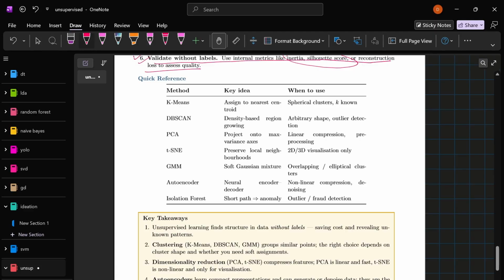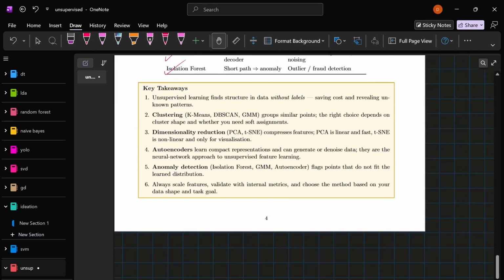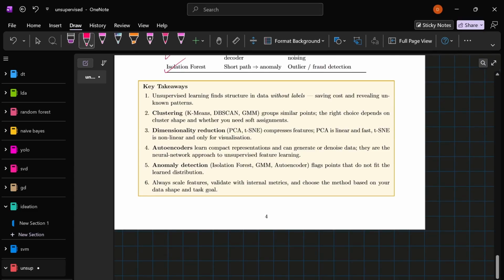Here's a quick summary of what we have covered. We have covered k-means, DBSCAN, PCA, t-SNE, GMM, autoencoder, isolation forest and more, and a key takeaway about each of the topics. So wrapping up the unsupervised learning lecture, we have covered everything from the basic intuition with the library example to the way to k-means clustering,